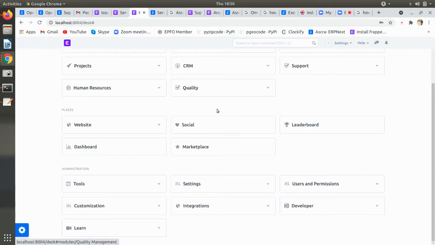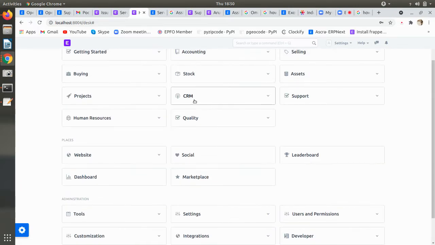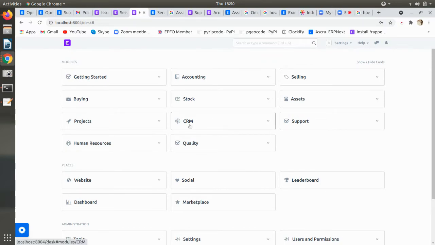Is there any relation between this support and CRM? The integration between reports and CRM. Go to the previous page. Press on support settings. We have seen CRM here. What is this page? This is the main page.